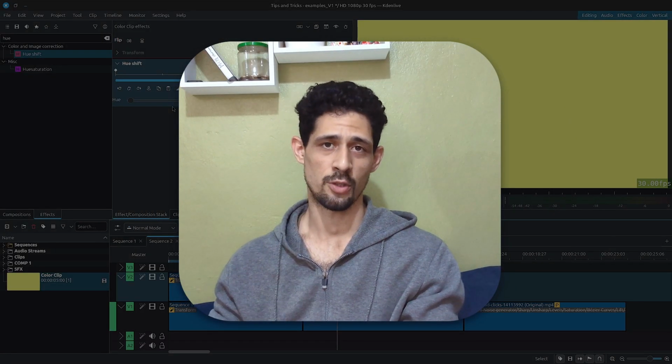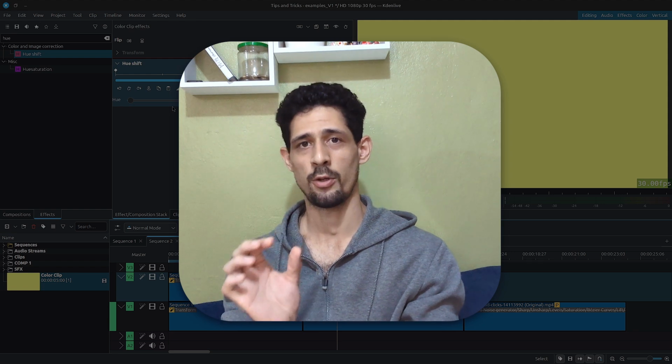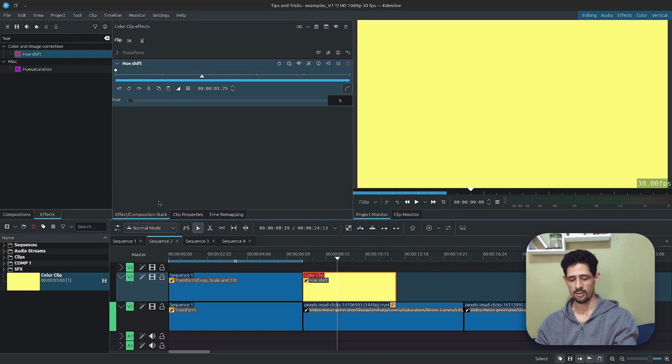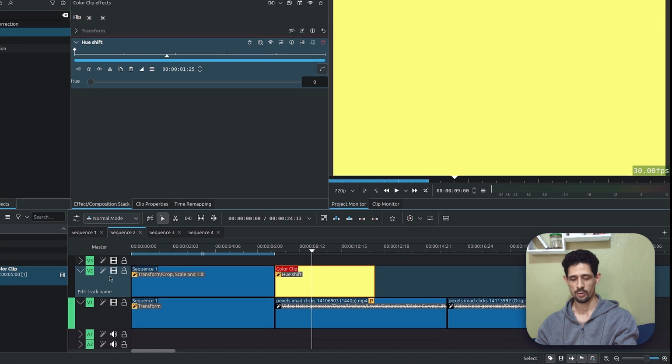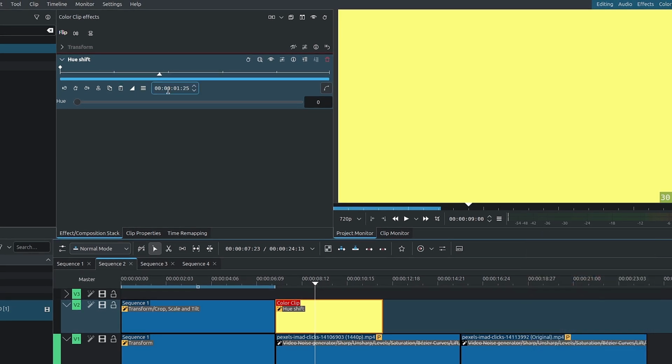Next, we have effect zones. Now, this is a neat way to isolate effects to a particular segment of your clips or of the timeline. You can use effect zones whether you're applying effects to a track, a clip, or master. And how they work, so over here on this color clip, I have the U-shift. And let's say I were to switch the U, different color, but I only want the U change to apply